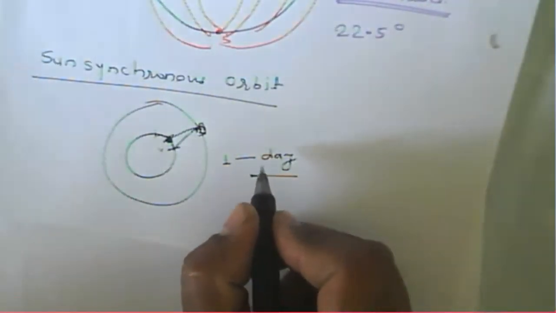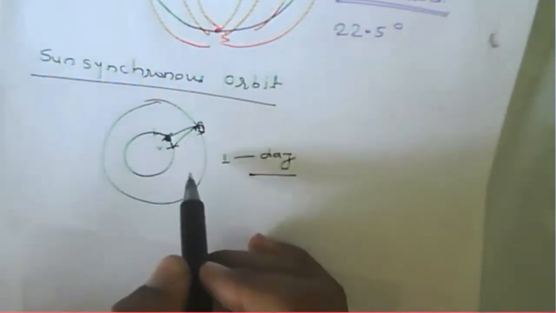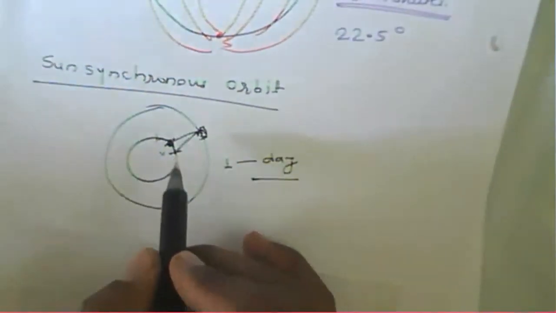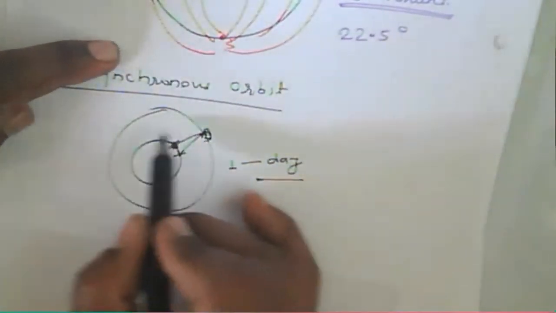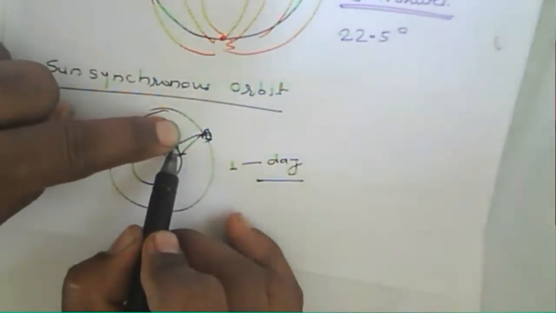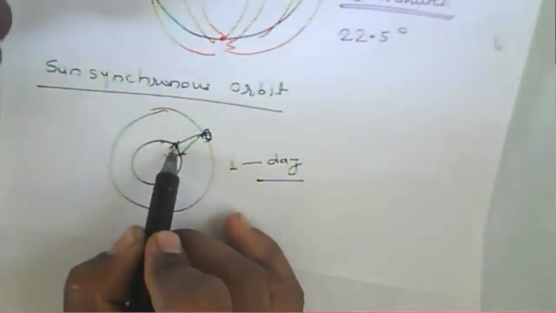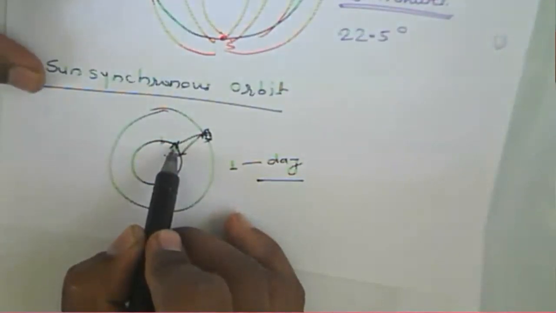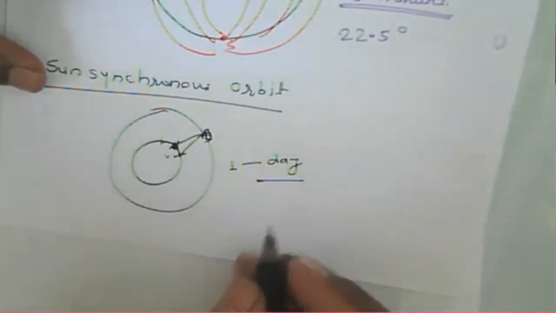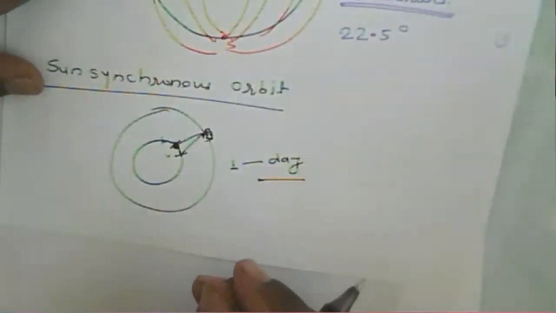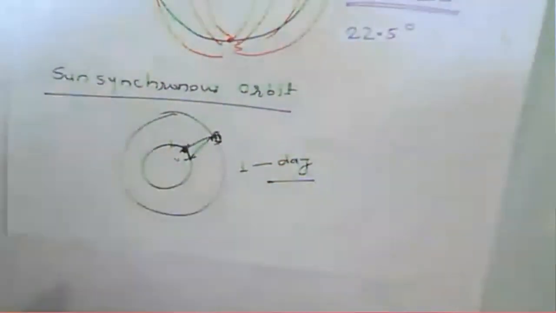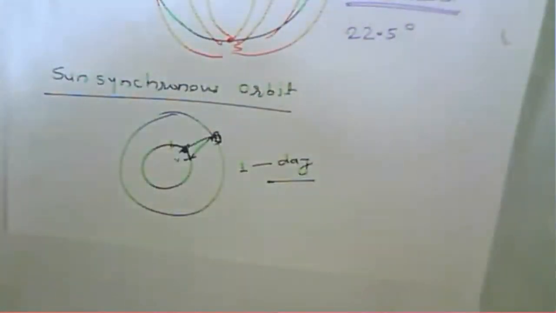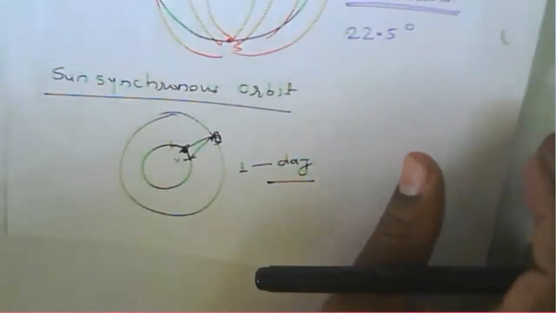Such an orbit, where that particular point comes back after one particular day, is called a sun synchronous orbit. That point will come again after 1 day. That is called a sun synchronous orbit. Next about a